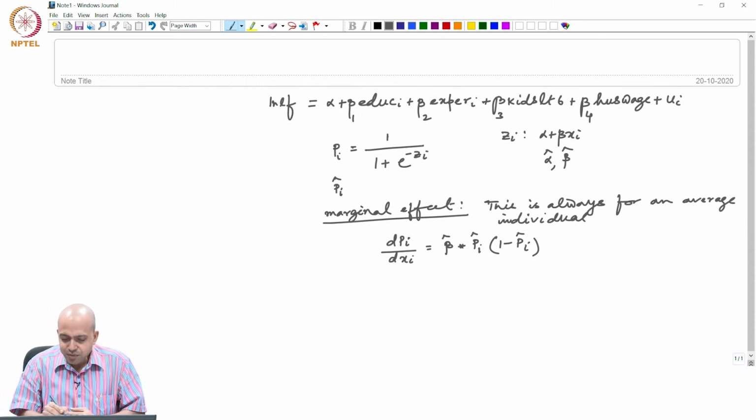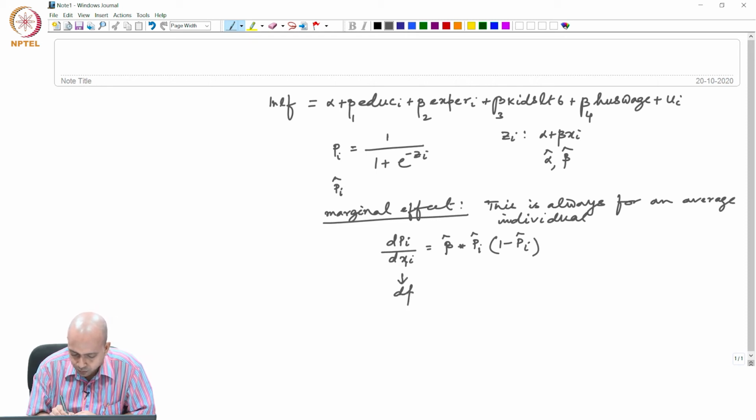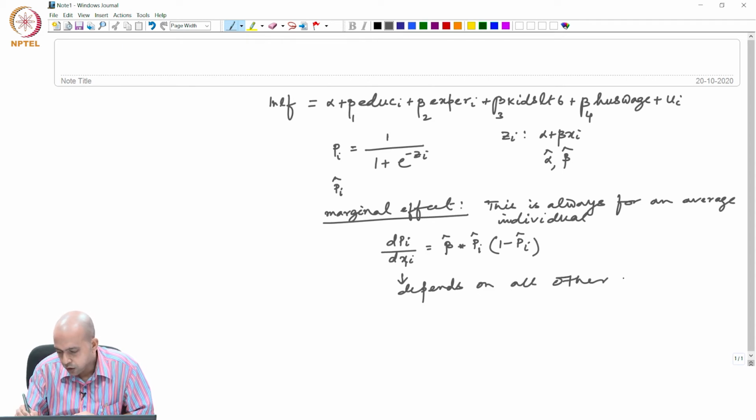Okay. So, since Pi depends on your xi, and xi is basically all these independent variables, even though you are interested in calculating the marginal effect for, let us say, x1i, it all depends on all other explanatory variables,